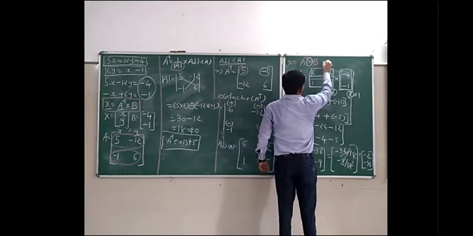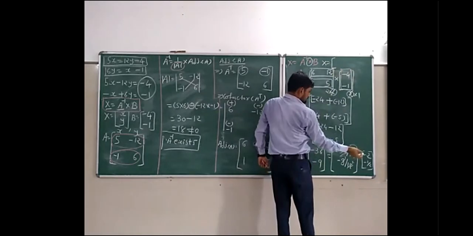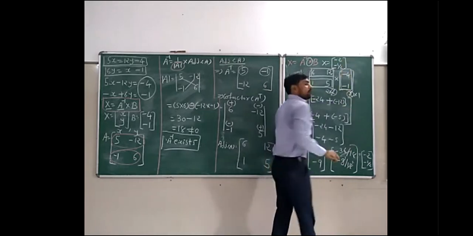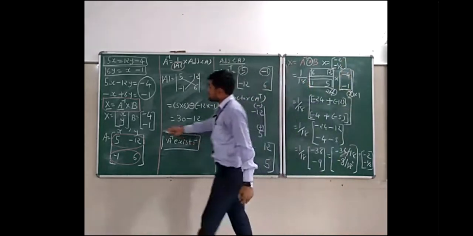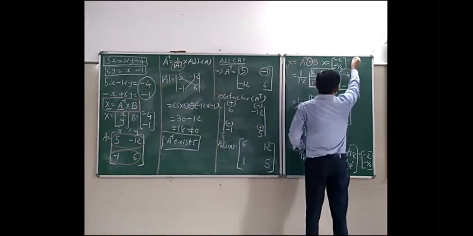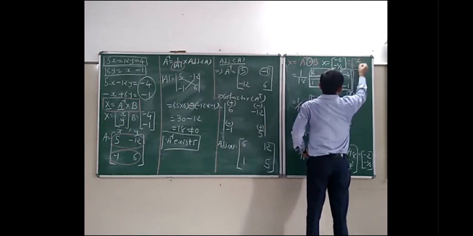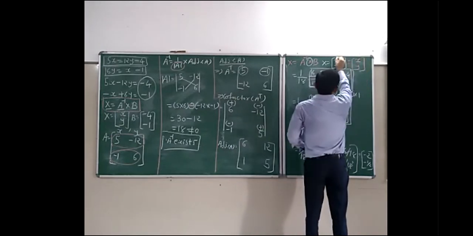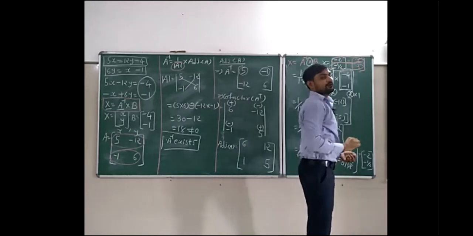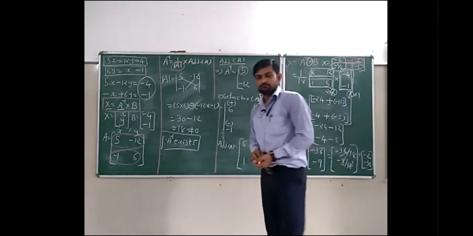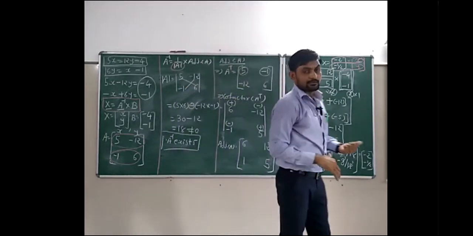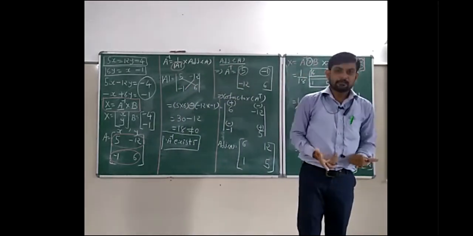So here we can say x is equal to minus 2 and minus 1 upon 2. What is the meaning of this? So what is x? x, y. So this is equal to x, y. And we can say x equal to minus 2 and y equal to minus 1 upon 2. Is that clear? So this is the way to solve this equation to find the value of x and y.